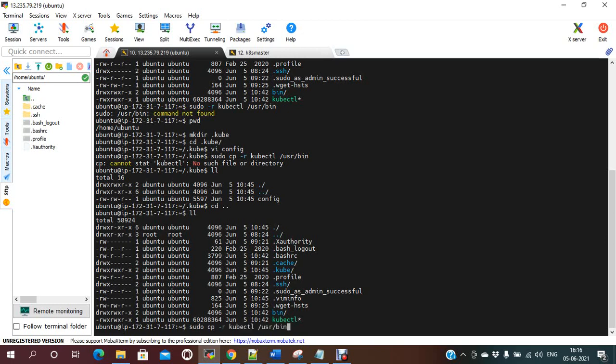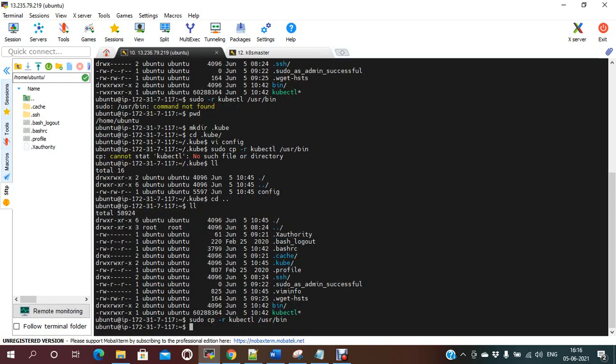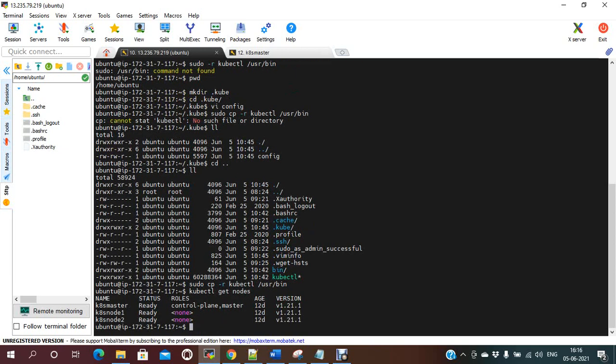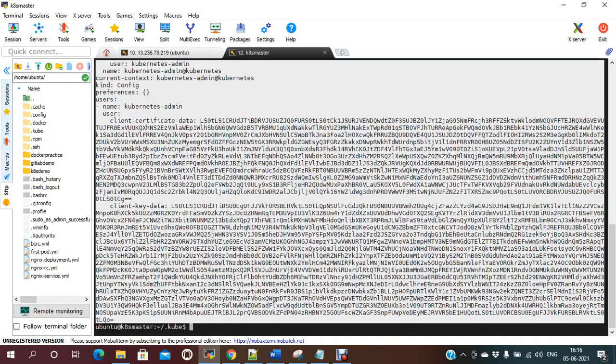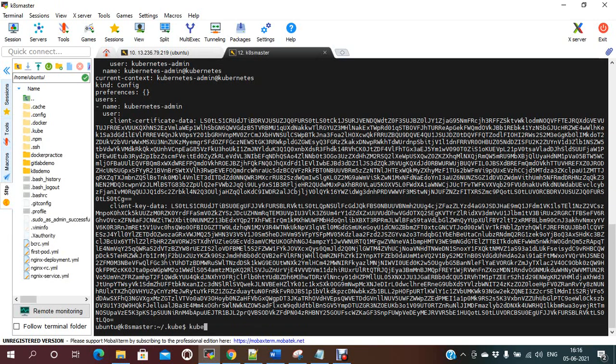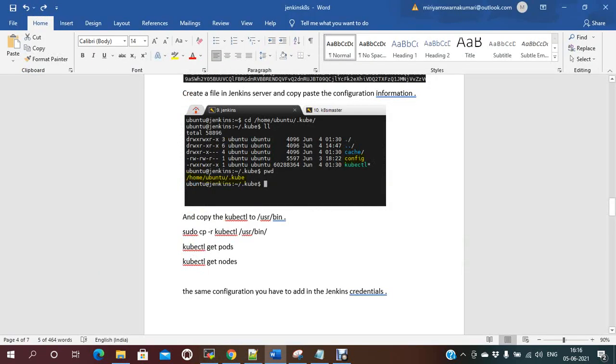I am copying this kubectl into usr bin. Now that is done. If you run the kubectl command from here, kubectl get nodes, you will get the cluster information, the cluster details. If you do kubectl get pods, we didn't apply anything, so we don't have anything. If you run kubectl get pods, no pods are available on this machine.